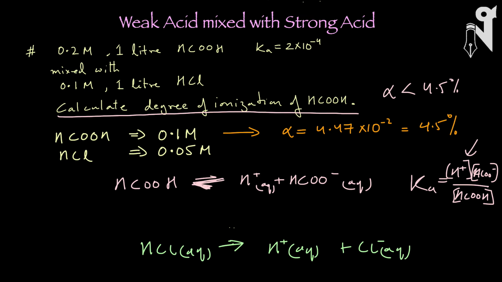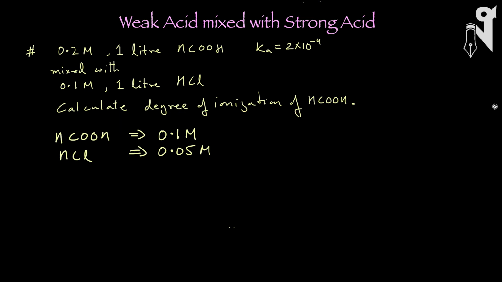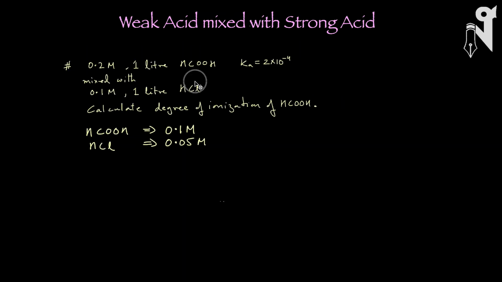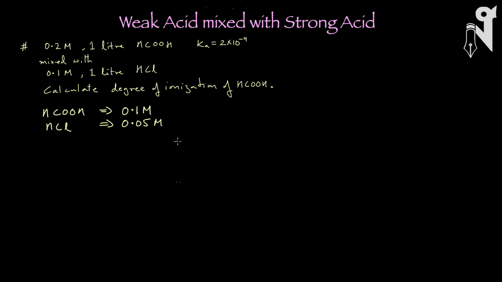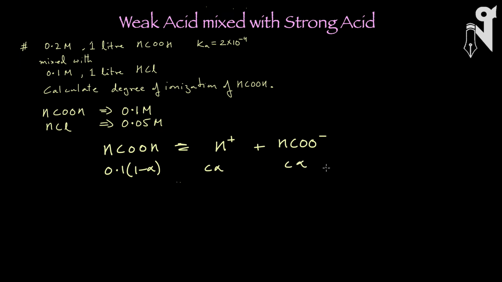So first I'm going to write the ionic equations for formic acid, HCOOH. I'm avoiding writing aqueous; you guys please do write it. At equilibrium we can say that it was 0.1 minus alpha, and this is C alpha from formic acid, and this is also C alpha from formic acid, but H plus is not only from formic acid, there is H plus from another source, which is your HCl.